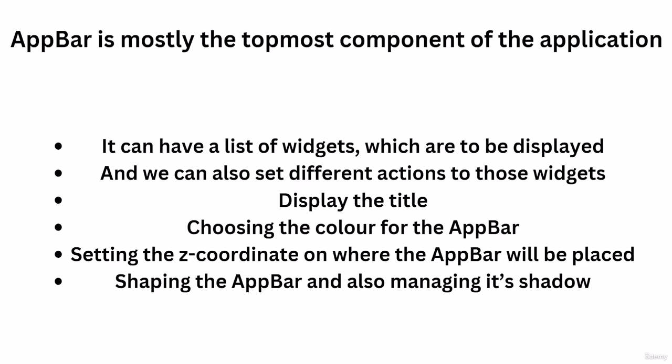And once you have those icons and widgets, you can also set different actions to those widgets. Once you click on that particular component, it will redirect you to some page or it will basically do some kind of action,